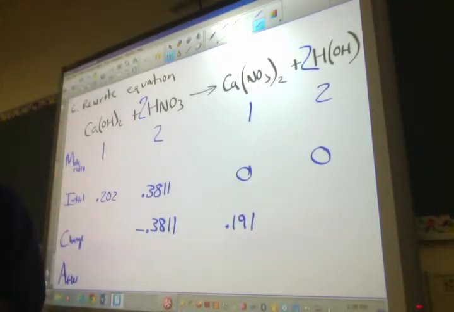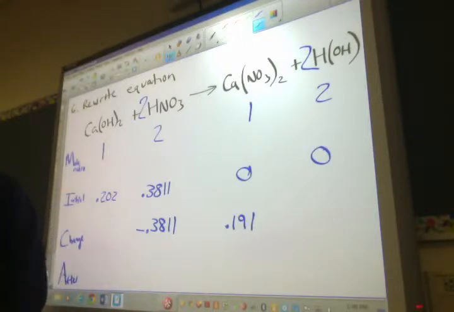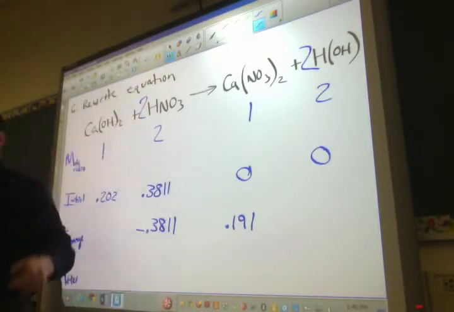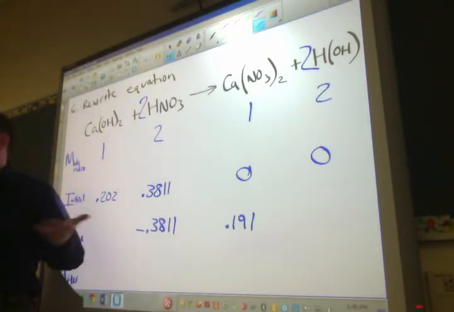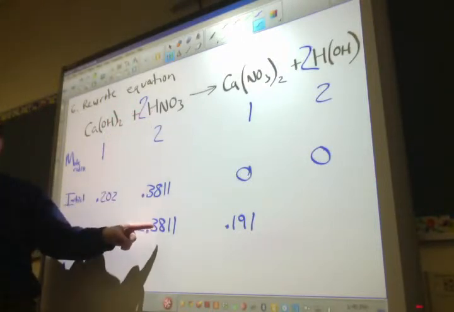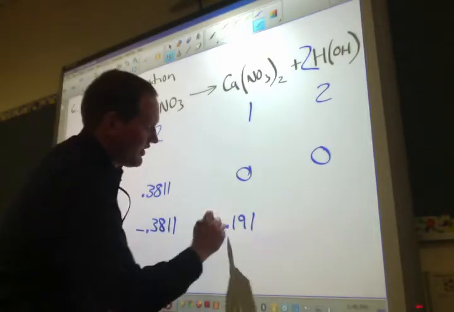Remember, we figured that out to determine what our limiting reactant was. Okay? We now have to figure out how many moles of water we're going to get out of this. And there's two ways of doing it. You could set it up with something over something equals something over x, or you could just look at the mole ratios. What's my mole ratio between nitric acid and water? 2 to 2 or 1 to 1, right? So for every mole of nitric acid that gets consumed, how many moles of water do I get? 1. So I'm going to write the same thing. I'm going to say plus